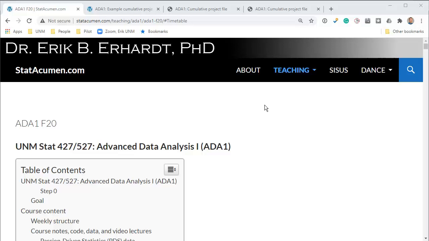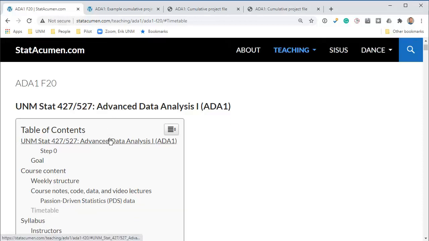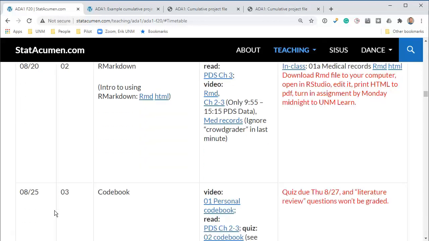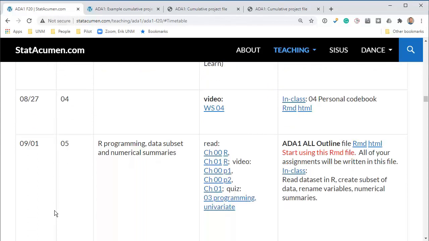In this video, we'll continue Class 5, and we'll rename variables and provide some numerical summaries. So here we are at the course website. I'm going to skip some of the steps to get into this assignment, assuming that you've watched the previous video to read the data in and subset it, and the previous assignment to put everything in the outline file. So I've jumped down to the timetable. We're down in Class 5, and we're working at this